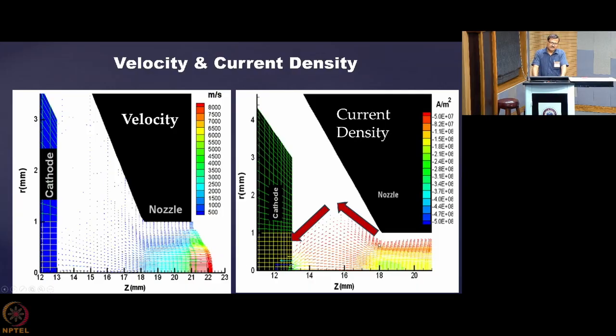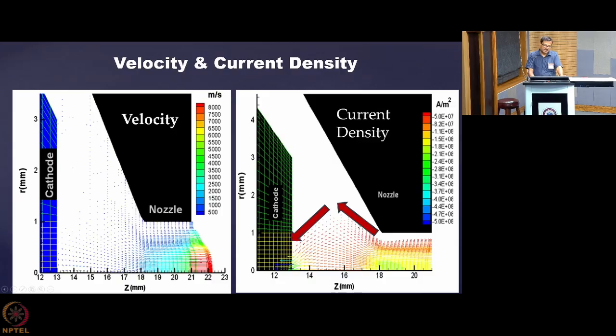Now what is the current density, and why is the pressure rising over here and dropping over here? It has its origin in the distribution of current density vectors. So here you see that this is the nozzle region, and the current density, as I told you, as you go towards the bluish side, you get more and more current density, and the maximum current density is seen over here near the cathode surface. And in the nozzle zone also, you see this bluish zone, so this is having quite high current density. And the thing to note, I told you that this is a diverging section.